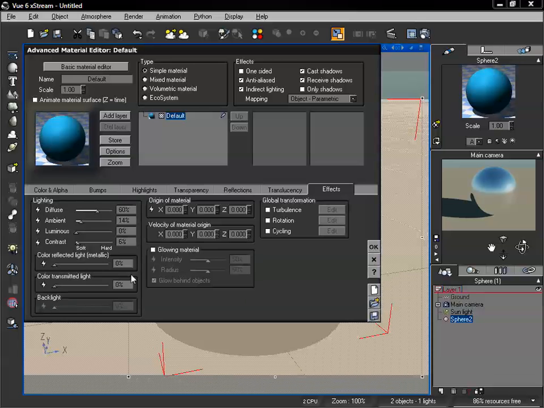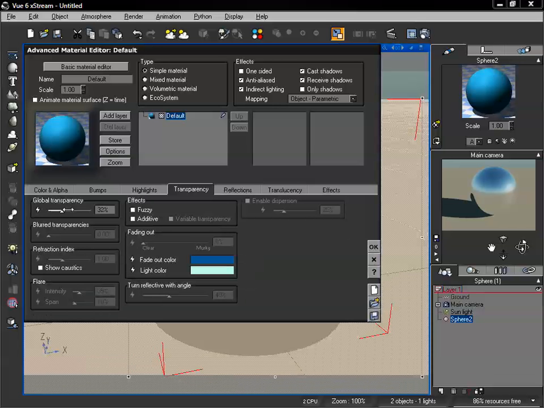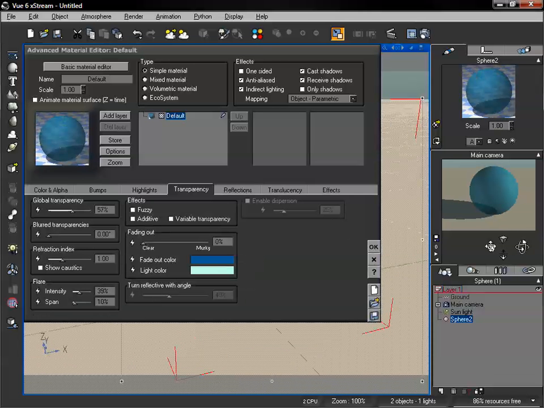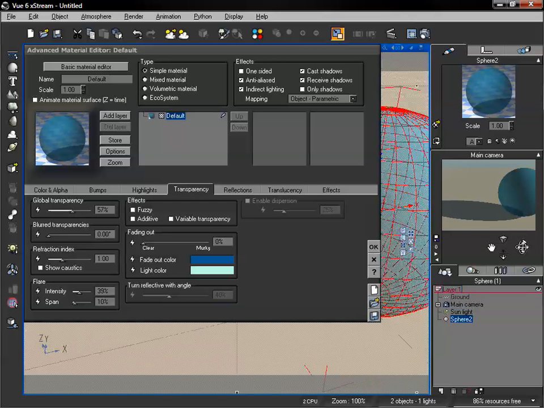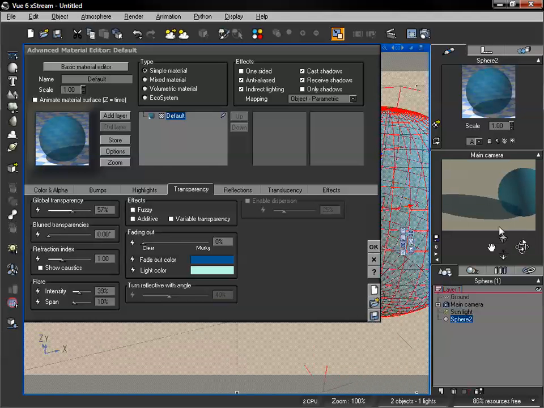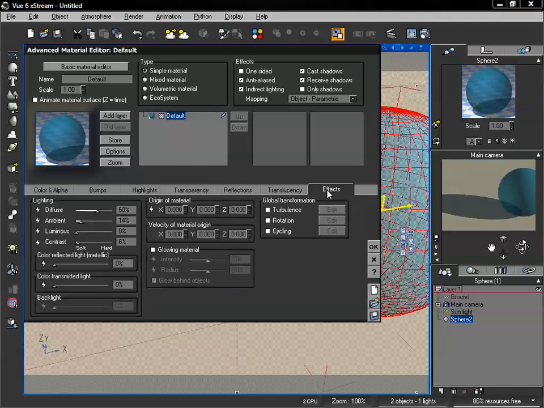We're going to take a look at the next option, which is color transmitted light. And this works for transparent objects. So we're going to increase our transparency. And if we take a look in the scene, what we really want to be looking at is the ground. And currently right now the ground pretty much just looks gray. Just a darker variation of that ground,